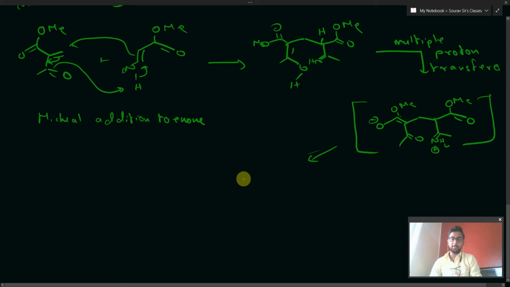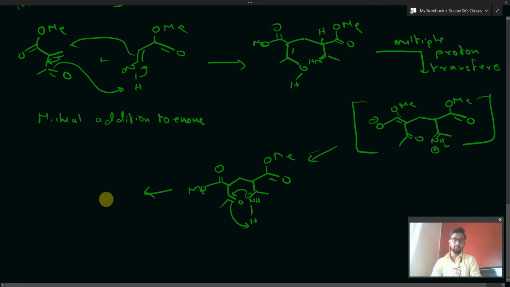So let me just show the step of cyclization over here. Double bond O, then we have NH2, double bond O, OMe, then we have O double OMe and double bond O. Okay, so what would happen is this lone pair would be attacking over here, and this part would be taking up one nitrogen, one hydrogen from the nitrogen group. Okay, so cyclization would be occurring to form a ketone type species.